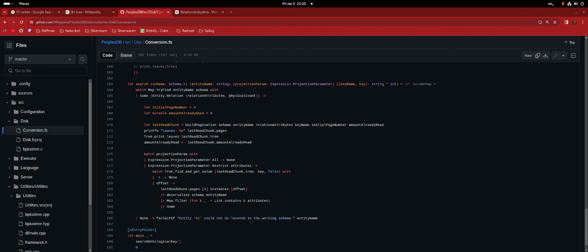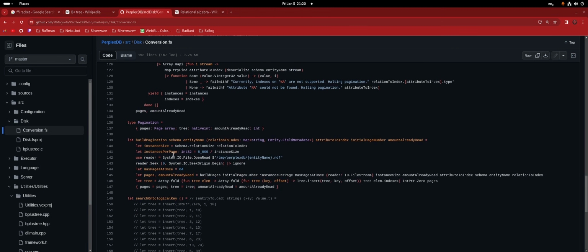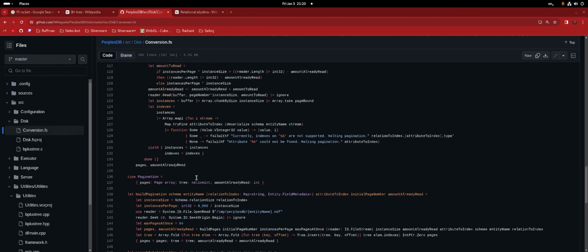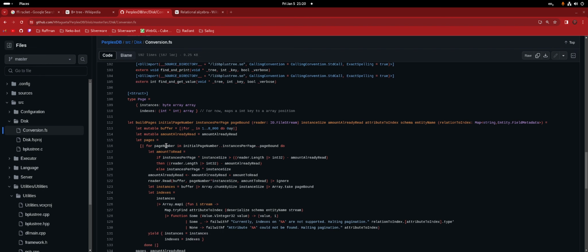Can you go up? I think I have the structure up there. Yeah, there. Pagination. You see pagination? So pages is a page array, and then I have a tree, which is just a pointer. Page is an array of array of bytes, just to make it easier to access the indexes. And then I have the int array, which is basically the logical position and the physical position.